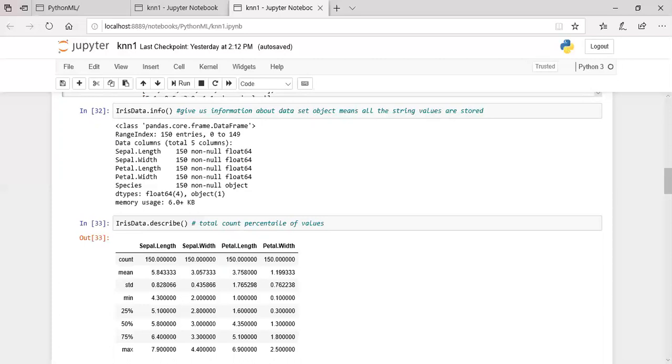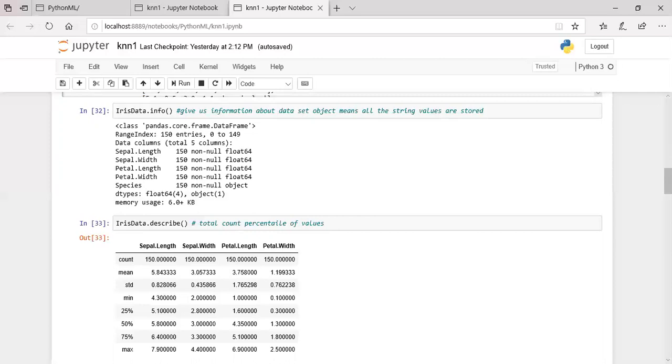Here another next command is iris_data.describe(). It gives the total count and percentiles of the values. It describes the overall values of the attributes sepal length, sepal width, petal length and petal width. It displays the total count, calculates the mean value, and also the standard deviation. It finds the minimum value and the maximum value.